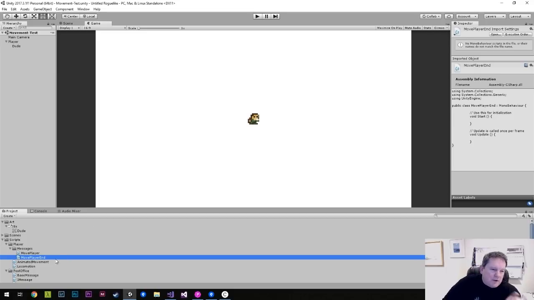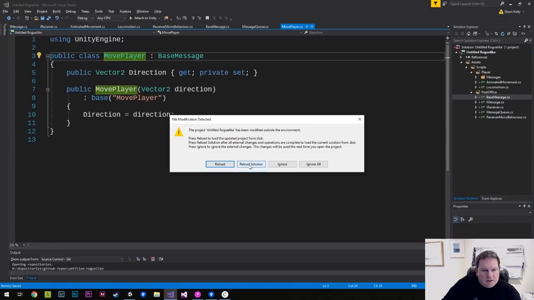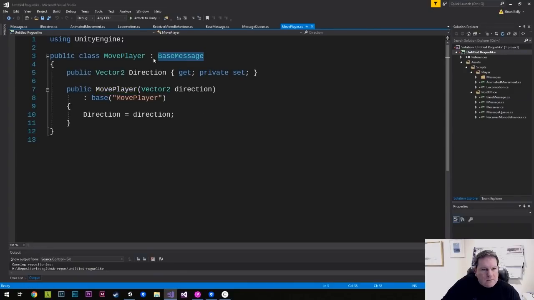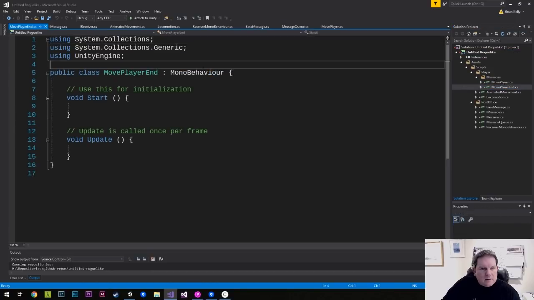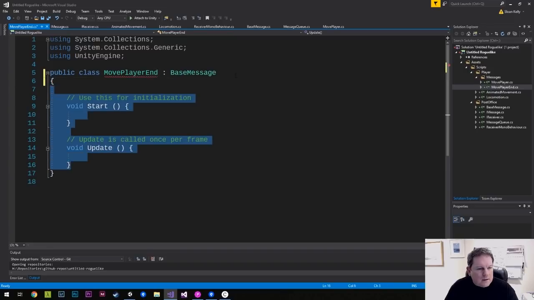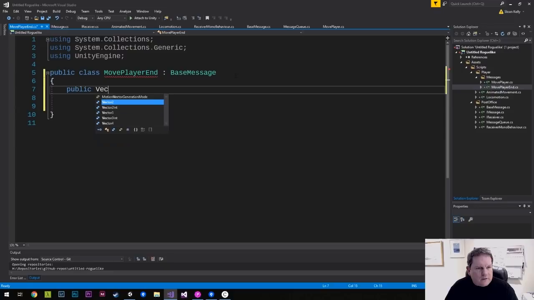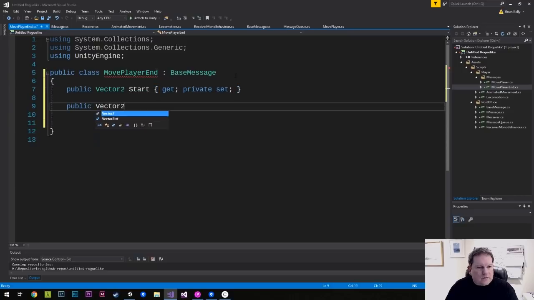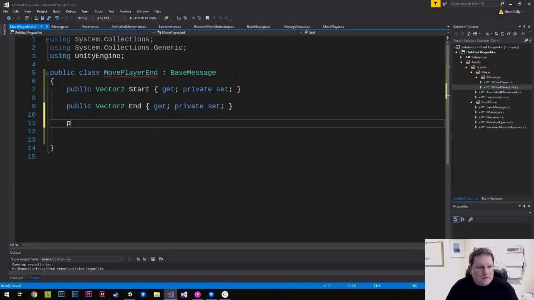Maybe if we have these start and end ones, we just call it start and end. Reload solution. So we have move player, and we have move player end, and this is going to be a base message. And we're going to have public Vector2 start get private set, public Vector2 end get private set,